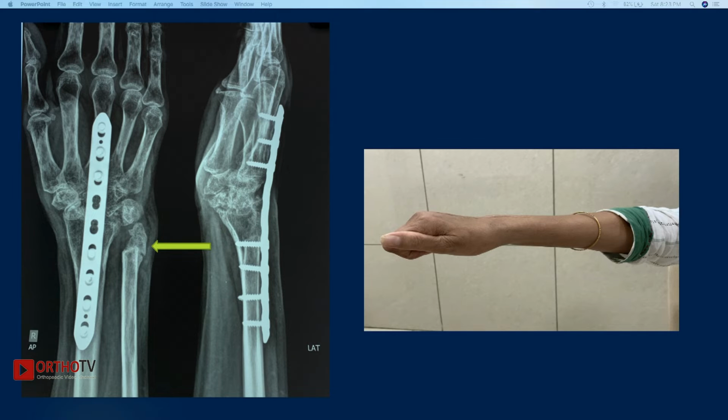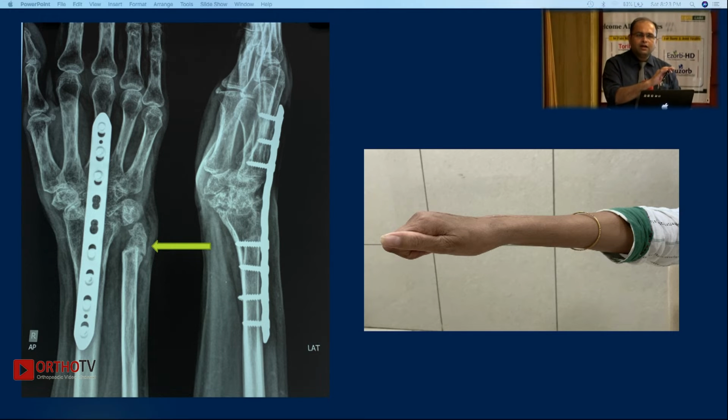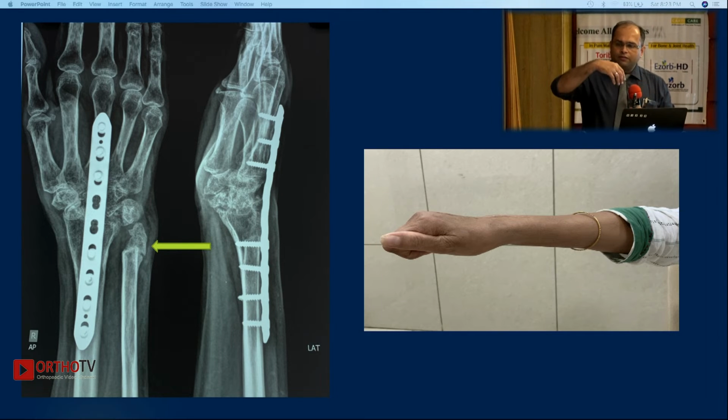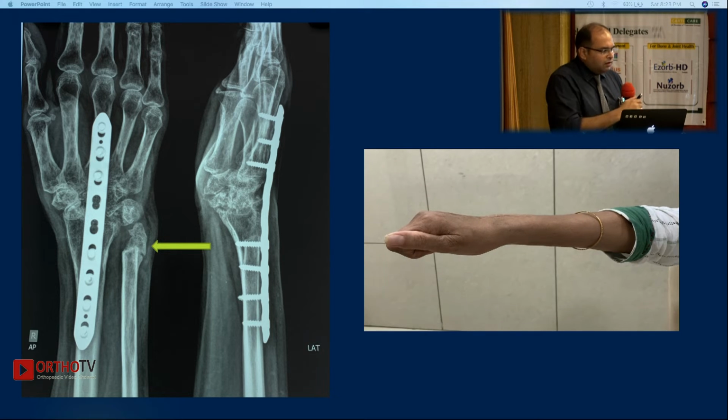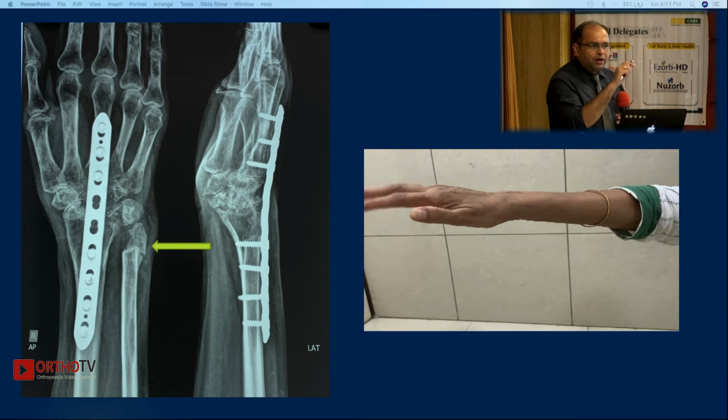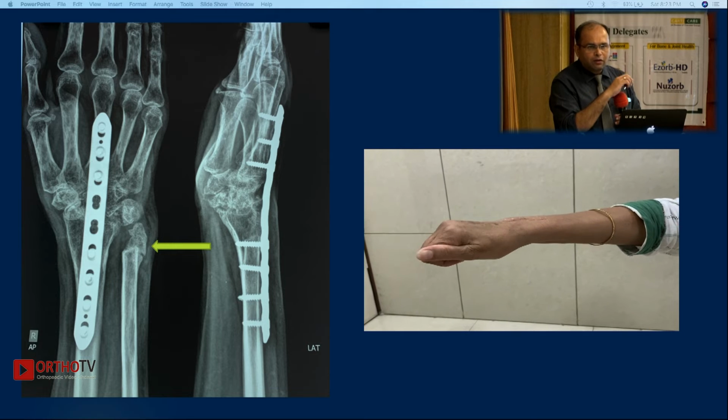What do we do in the wrist fusion? We remove the proximal carpal row and put a plate in position. There is a recommendation to keep the wrist in 20 degrees of extension, because if you fuse in neutral position, the grip strength is not adequate. But if you fuse the wrist in 20-degree extension, the grip strength is very much adequate. This patient will definitely have no movement at the wrist joint, but there will be no pain.